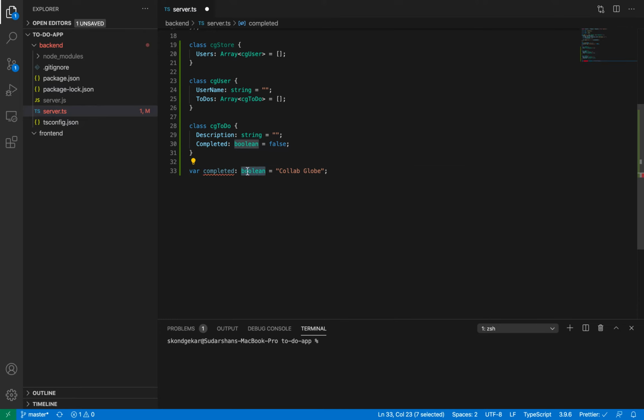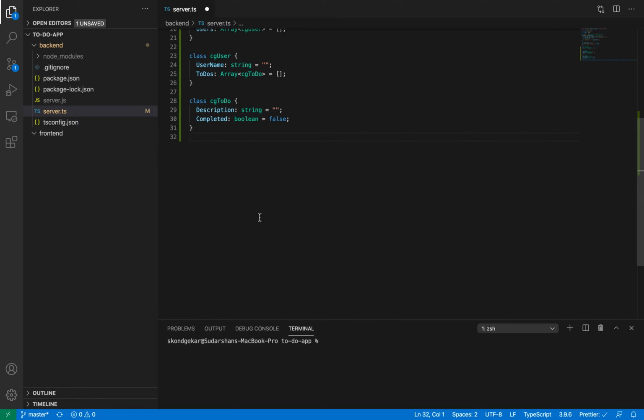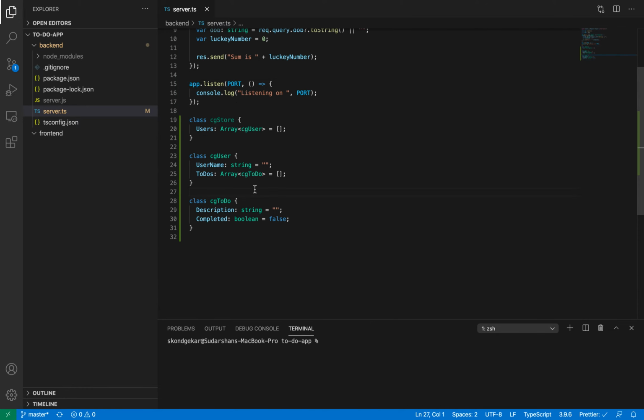And this kind of notation, like if I put here true, this kind of notation where we put a colon and after that colon we define a type. This is a type of this variable, and a type we can only define in TypeScript. Okay, so let's see what happens when I save it.